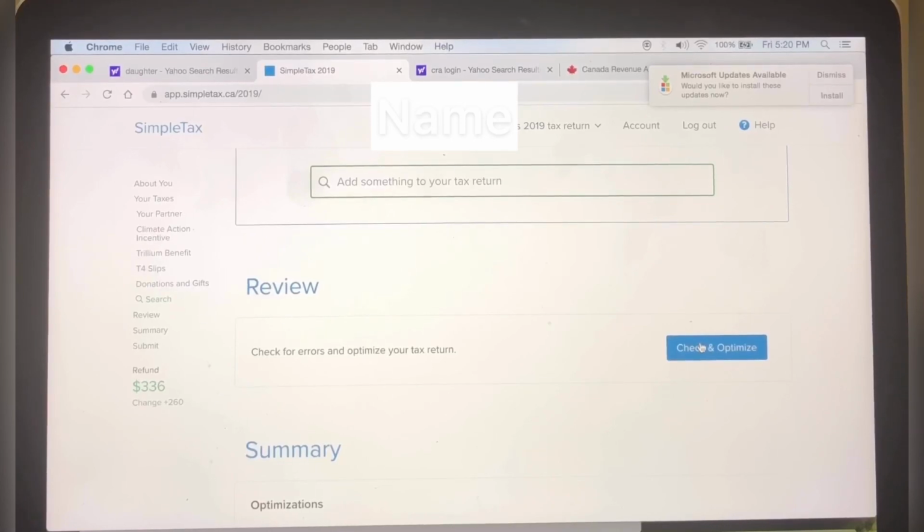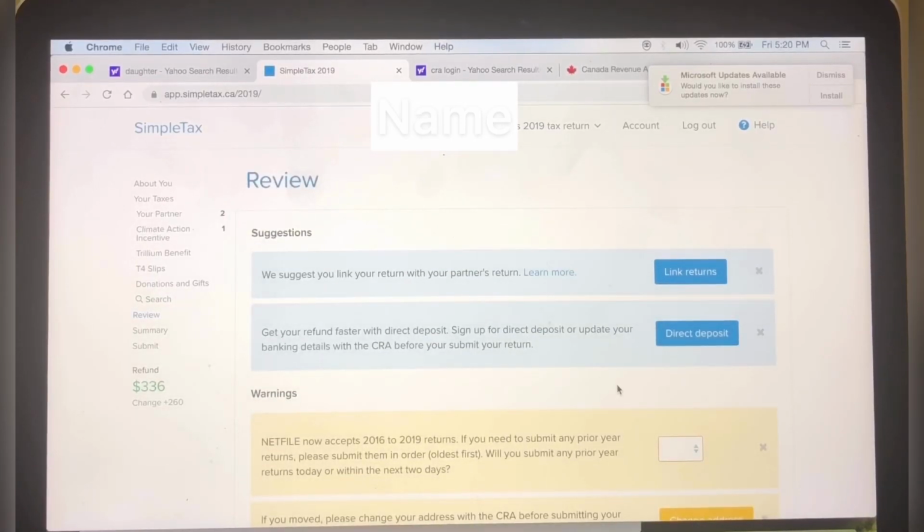So check and optimize. If you see over here the red color 1 and 2, your partner and climate action, so I still need to fix something.